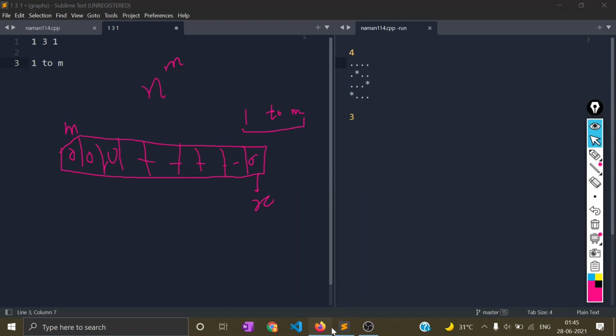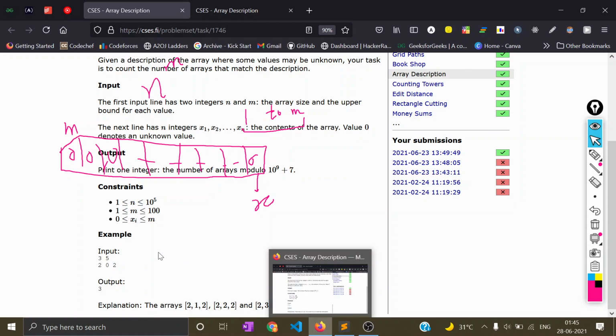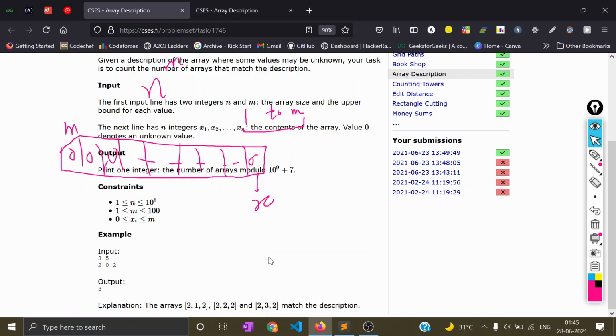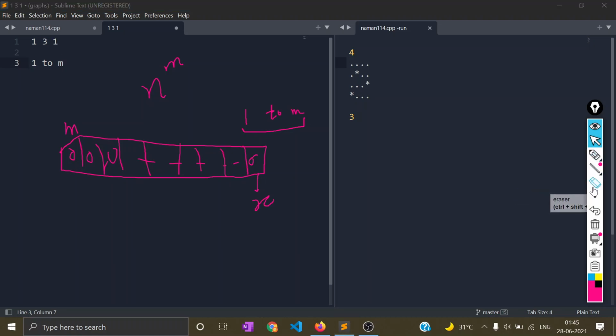If you look at the constraints, n power n is going to fail, that for sure. Because n is actually 500, so it is 500 power 500. The computer allows just 10 power 7 or 8. It's actually 4 into 10 power 10. So that is of course a bad idea, and we won't be doing this brute force approach. That was obvious, but we know a brute force solution.